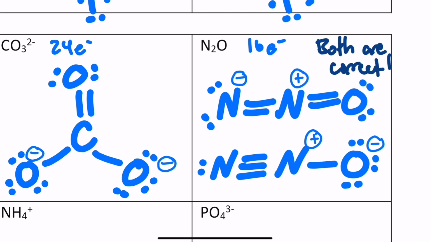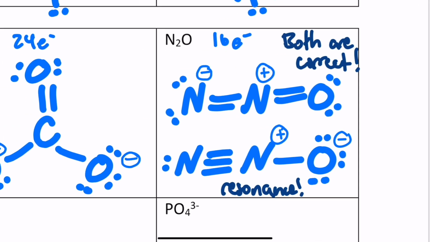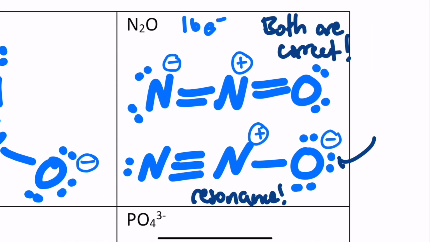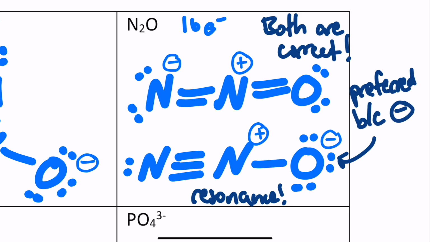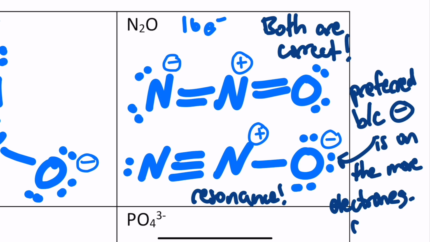This is a sneak preview into what's called resonance contributors. And we'll even give a head start on which one is better. It turns out the lower one is preferred because the negative is on the more electronegative oxygen. So when we have a competition, you want the negative charge to be on a more electronegative atom,